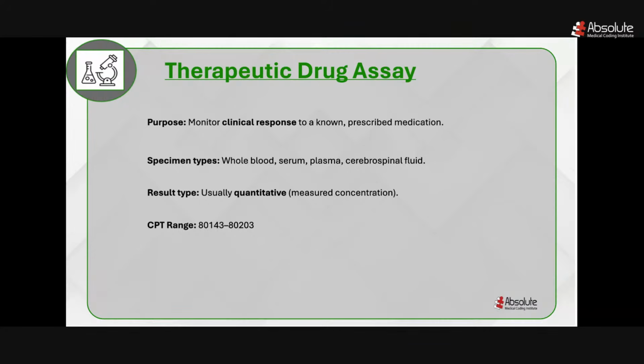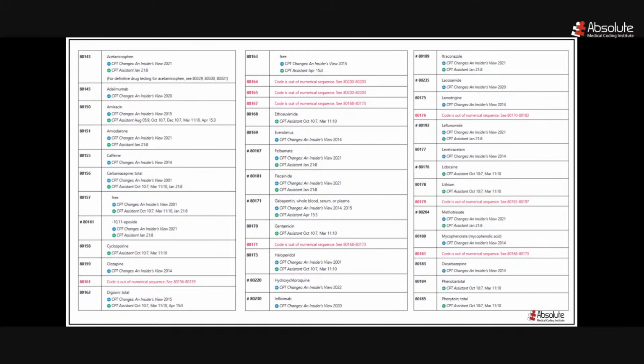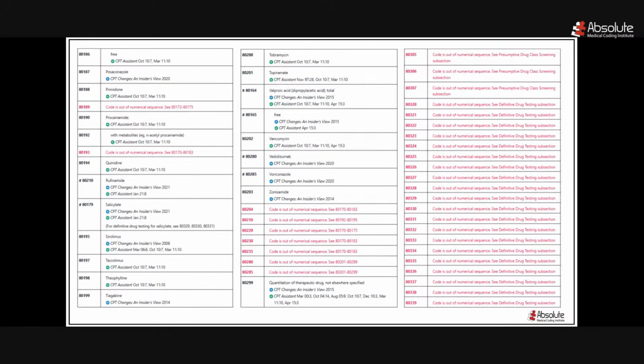And for coding purposes, we use CPT codes ranging from 80143 through 80203. All right, so these are the codes which I just mentioned. We have the code series from 80143 through 80203, and you can see there are a lot of drugs that are out of numerical sequence order, right? Okay,